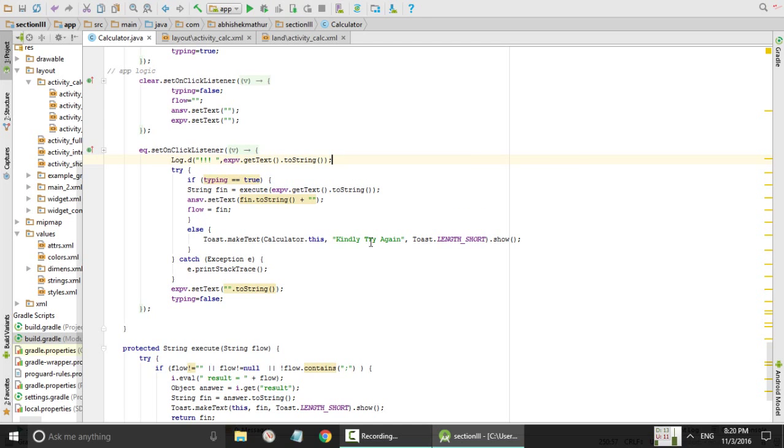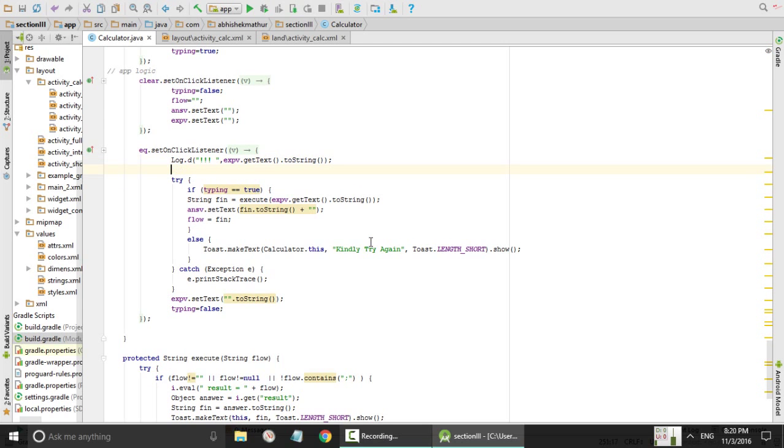So this is basically a part of debugging. You may also use a toast, which is made in the activity by typing Toast.makeText in the bracket. The first parameter is the reference or the context in which the toast will be put. Toast is basically a kind of pop-up that you commonly see in Android. The second parameter is the string which has to be toasted or shown, and the third parameter is the length. There are two types of length that you should use: Toast.LENGTH_LONG and Toast.LENGTH_SHORT. And then you finally use the concatenation property of Java and call the show method to show